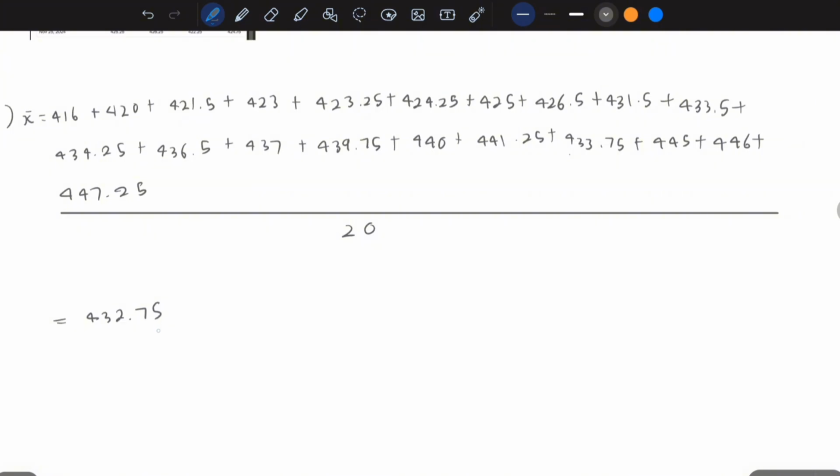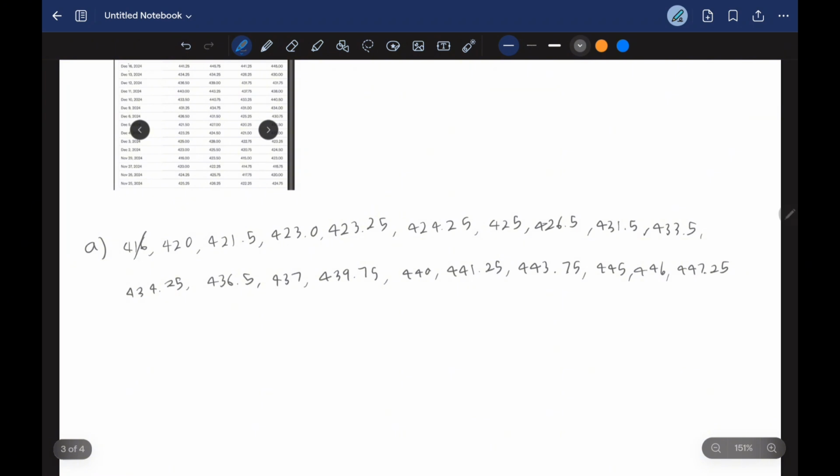mean value as 432.75, and the mode will be 0. There is no mode for this data. Now we have arranged all the data in increasing order, and now we'll be looking for the median. After a while, we have concluded that the median is